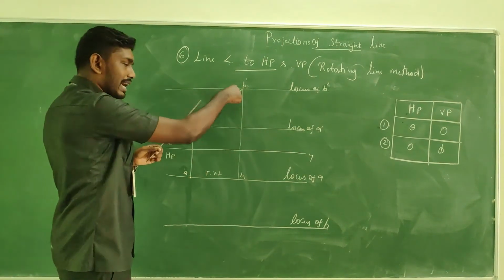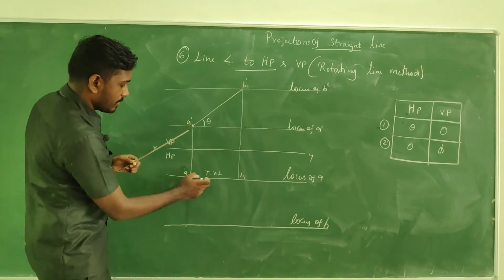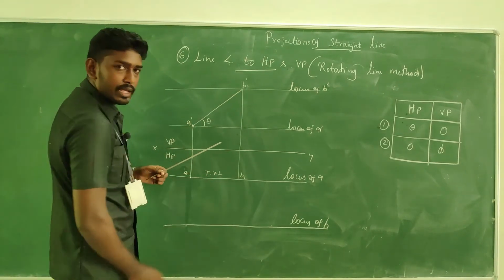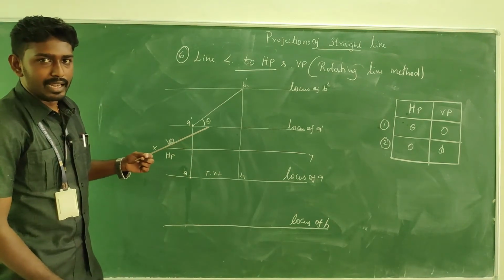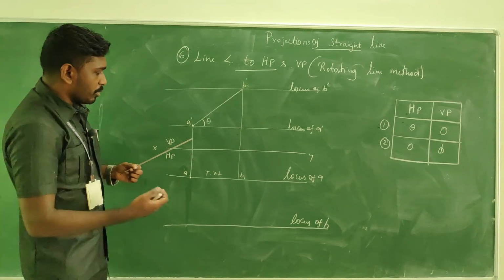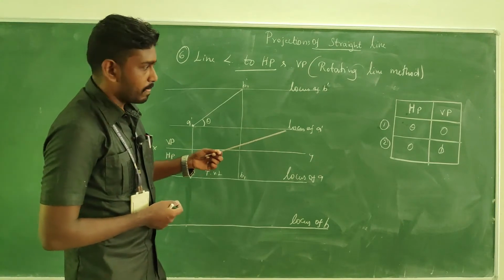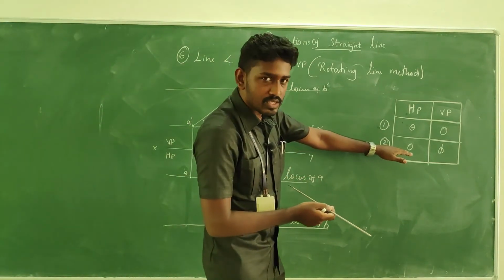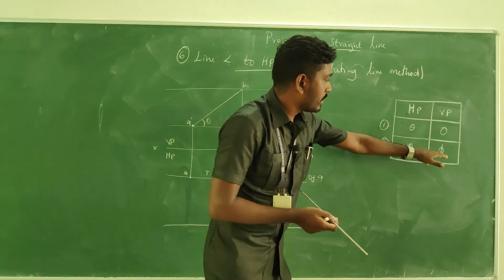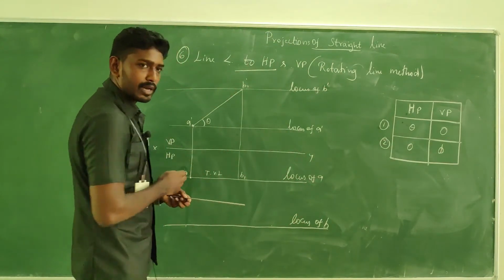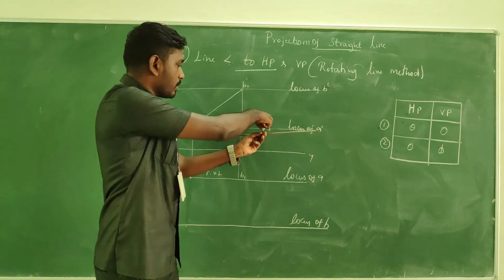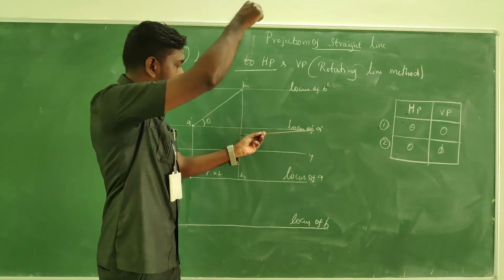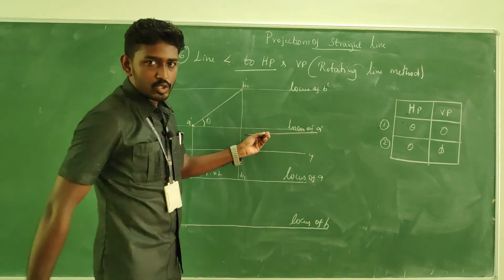For this line, the top view projection between A and B1, we call here the top view length. Okay, and what about the next step? We consider the second one. That means we consider the pi inclination, right? So I am going to change the position like this. So I am going to consider the pi inclination. From the top view, we could see the true line.